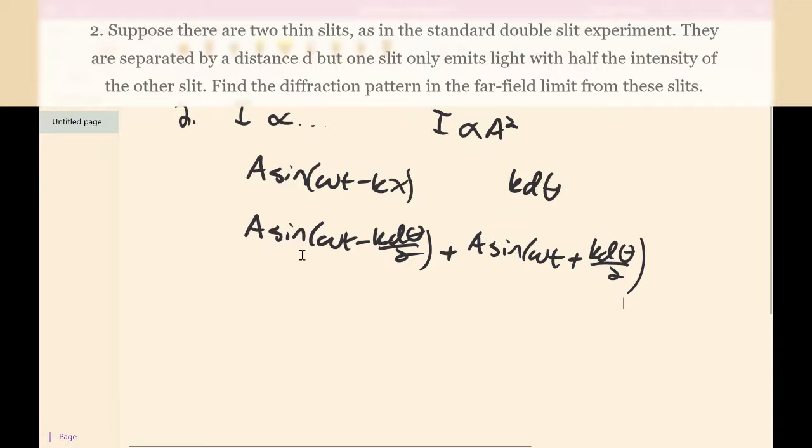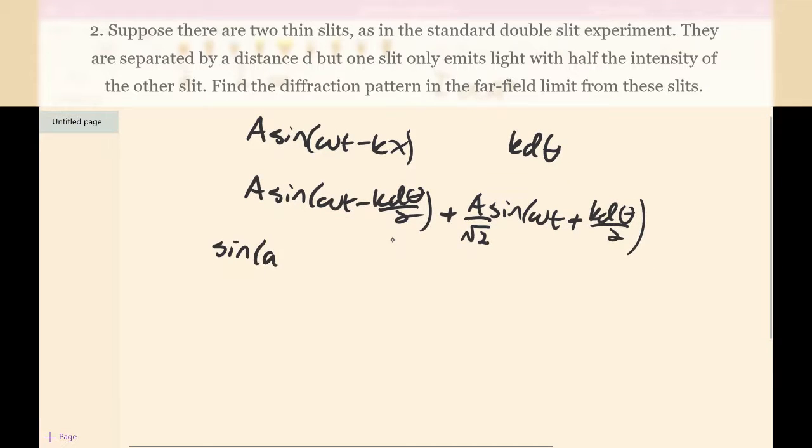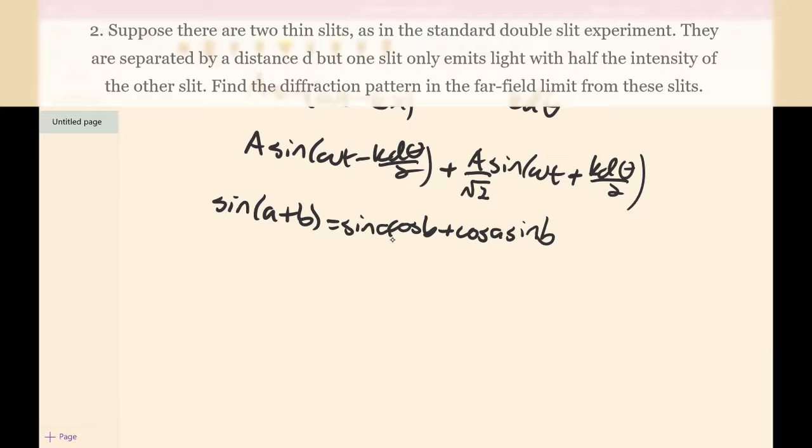But since we know that the intensity for the second slit has been halved, that means the amplitude A would have been divided by square root 2. So then this would be A over square root 2 times this. And to simplify this, we can use sine of A plus B is equal to sine A cosine B plus cosine A sine B. And so then applying this, we would get A times sine omega t